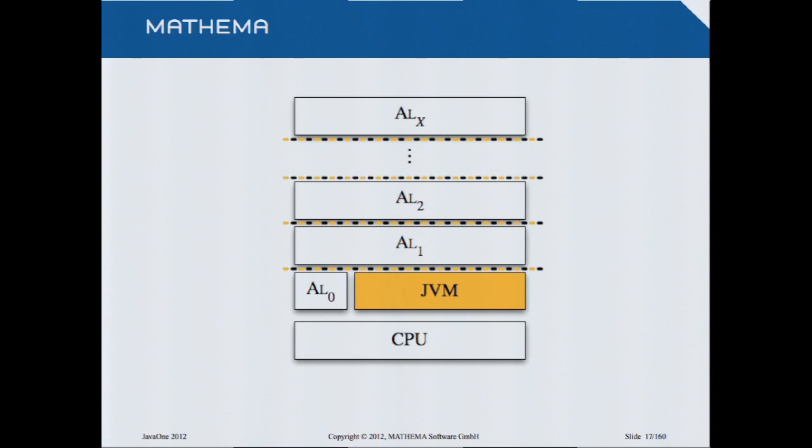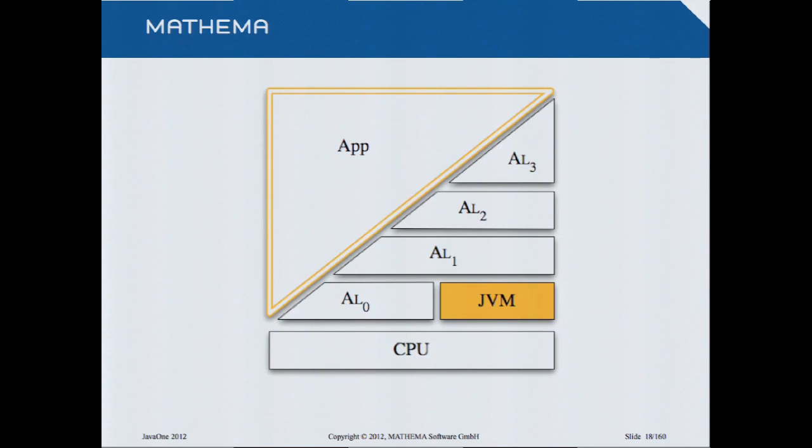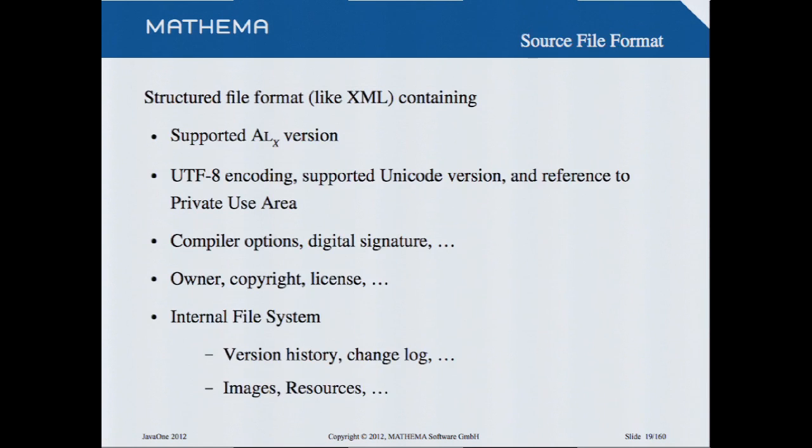Another thing which I think is very useful is that you can have some sort of protections. So if you don't want your developers to work with the level 0, you can simply say you're not allowed to do that. I think this is very important, because if you have pointers, the people will use the pointers even if you don't want it. So you can simply say this is privileged, and you can only use it if you have the proper privilege. And you see that an application can base on the several levels. So you have higher level things, lower level things, whatever is needed for your application. Okay, now let's get started.